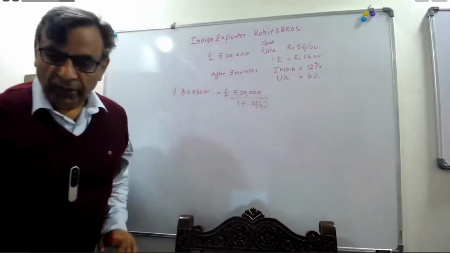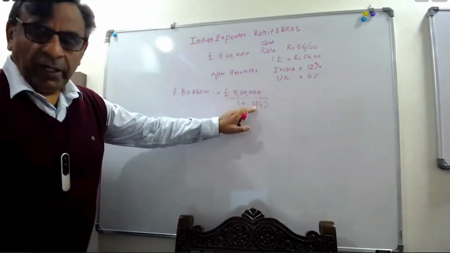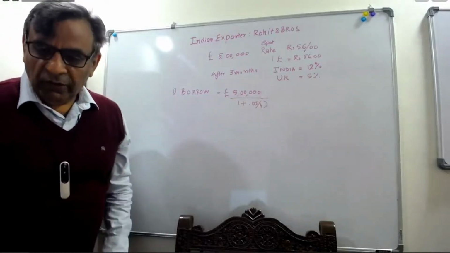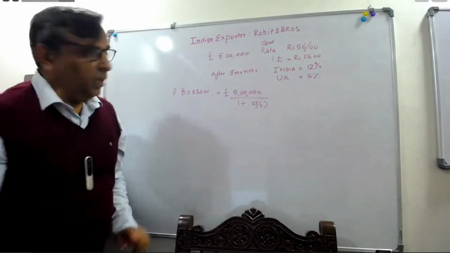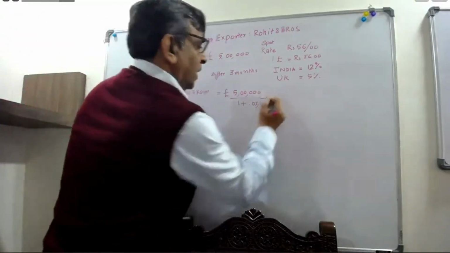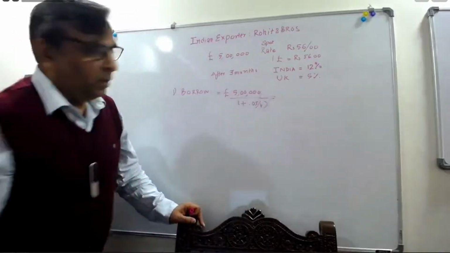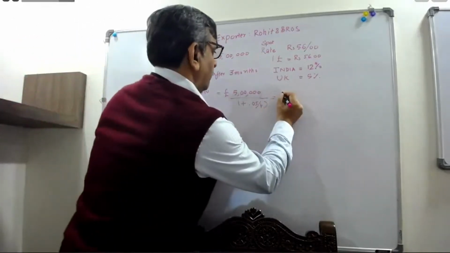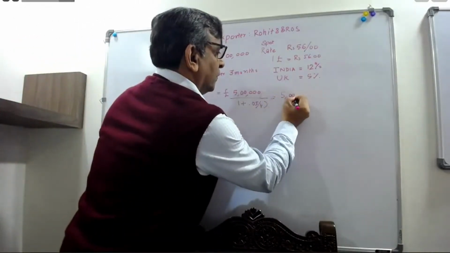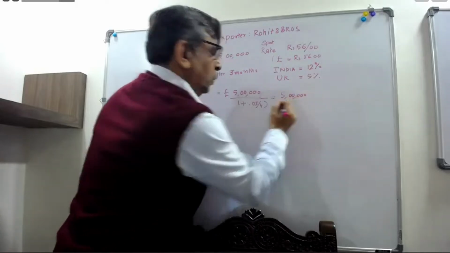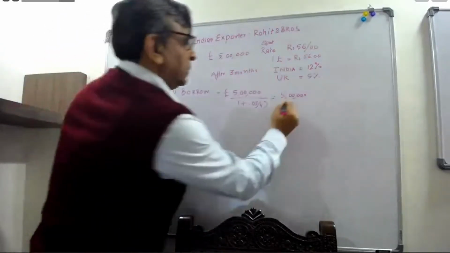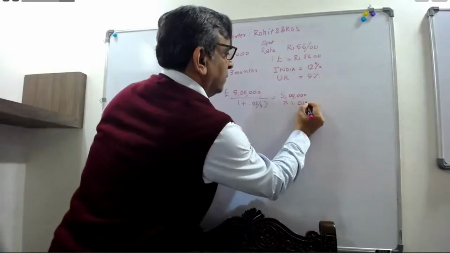Because this is per annum, for 3 months you have to divide by 4. So if you solve it, it will be 5 lakh, the second step, into 1.0125,